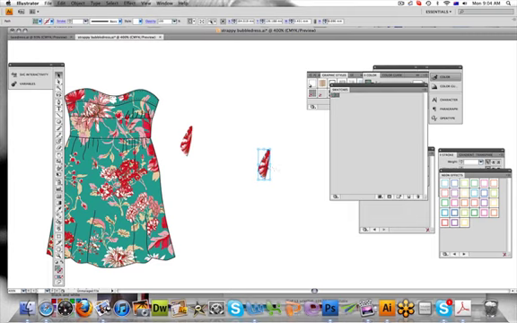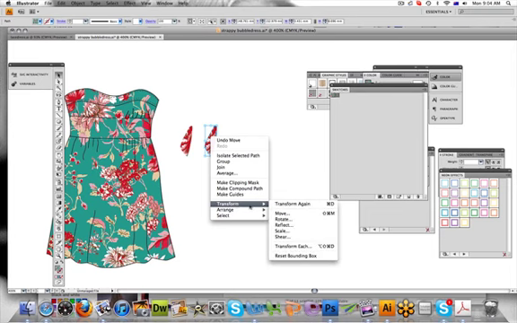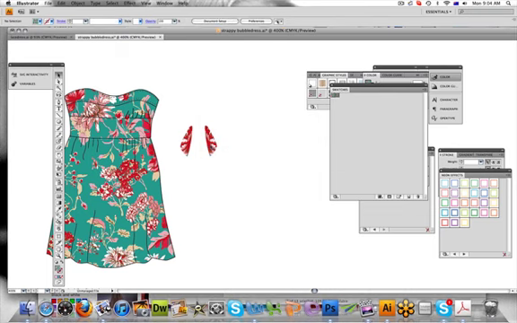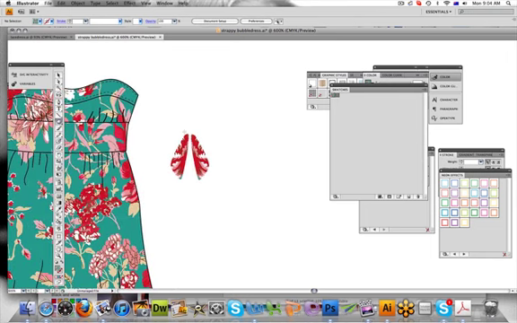So I've just copied and pasted the same object. Now this is really cool. What you can do is something called reflect. So what I've done is selected that, hit the Control key, you go transform, reflect. What we're going to do is 90 degrees and see how it's just made exactly the same shape but reflected it. So there's my two little bows, and we'll do the center,